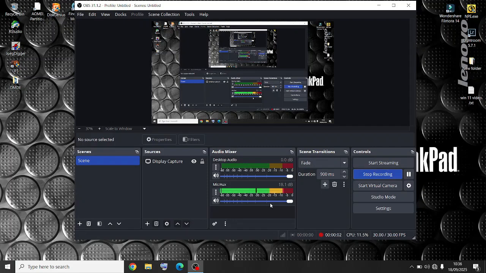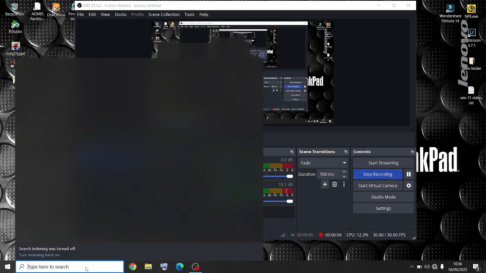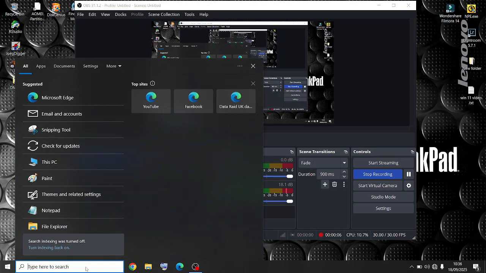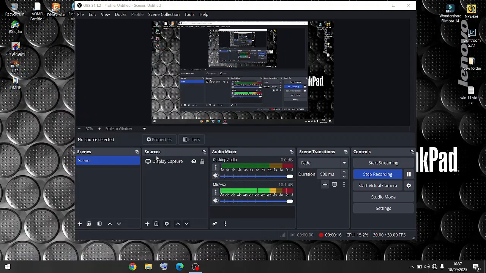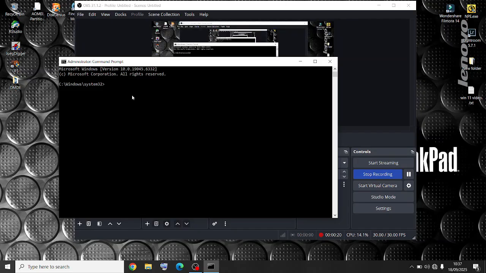So if you're getting a runtime error, you've likely got corruption of your file system, so you want to check it. First of all, go to CMD and run as an administrator. Then you want to use dism